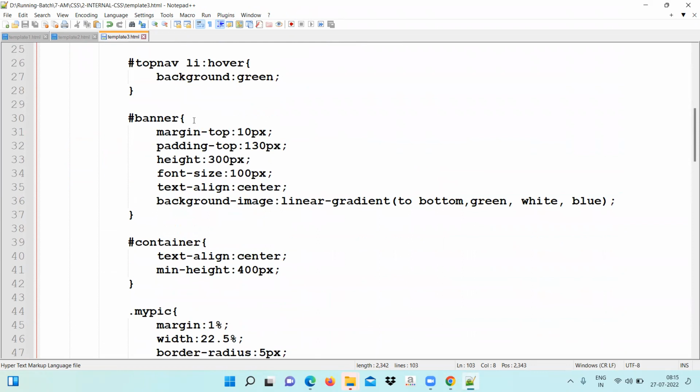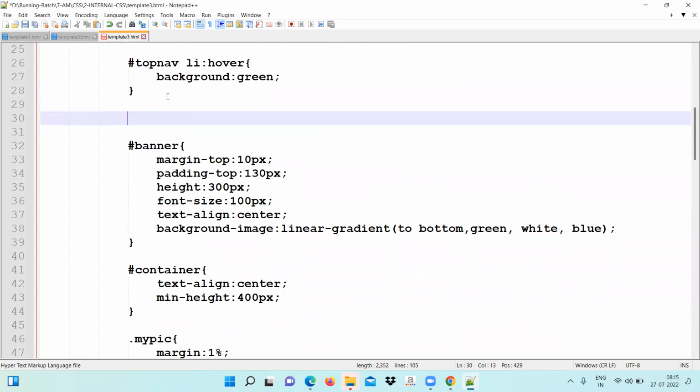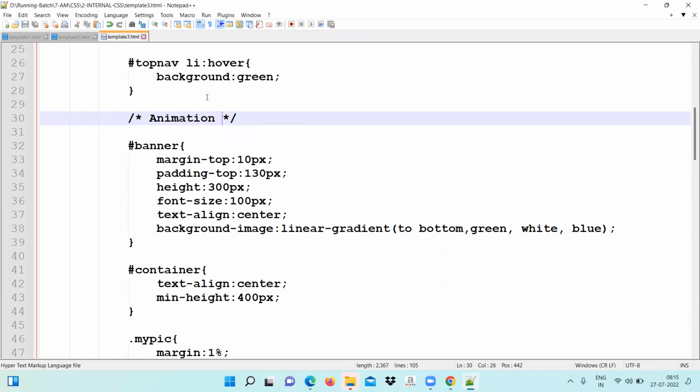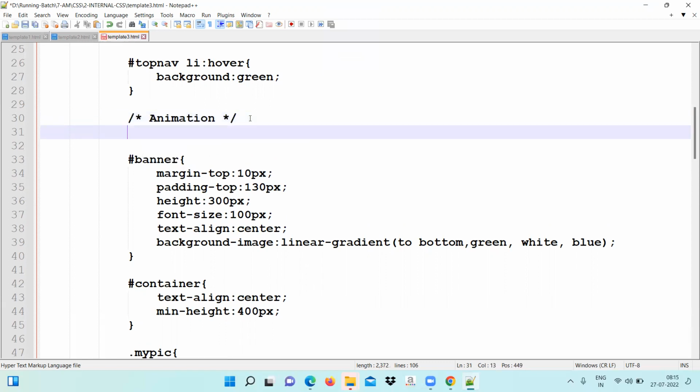You have written somewhere called banner. Before banner, write a comment like this and keep inside it the word animation. Animation. Okay. Inside that animation,